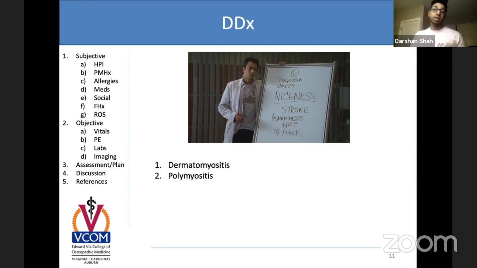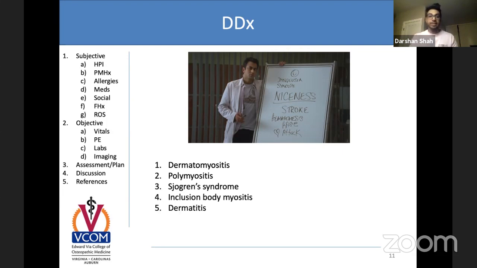The other thing could just be polymyositis. Polymyositis is almost the exact same thing as dermatomyositis without the skin inflammation. In both of these, the muscle is inflamed. So that's why you're seeing that CPK being elevated. Okay, three, Sjogren's syndrome, right? Because that anti-SSA was high. He also has dry eyes. So the duct and everything are kind of drying out. Four, something called inclusion body myositis, which is a similar picture to polymyositis and dermatomyositis.